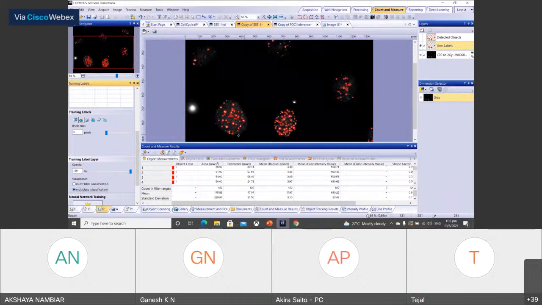I also want to have a label for the nucleus itself.